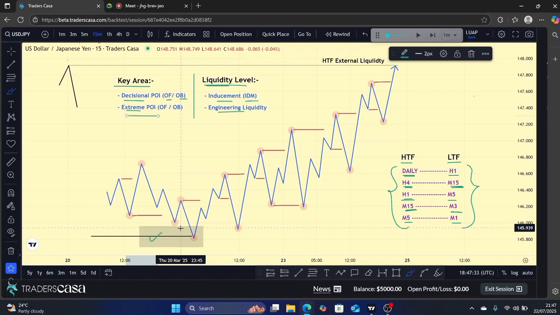So the change of character in this case will not be like the way we have been marking market structure. In this case, it will be different. Alright, let me showcase how it will be. So when you shift into the lower time frame, of course, you need to identify the current trading range on that lower time frame. Sometimes you may not even want to do that because it actually depends on how structure is. But it's good to identify the trading range on the lower time frame so that you know which exactly